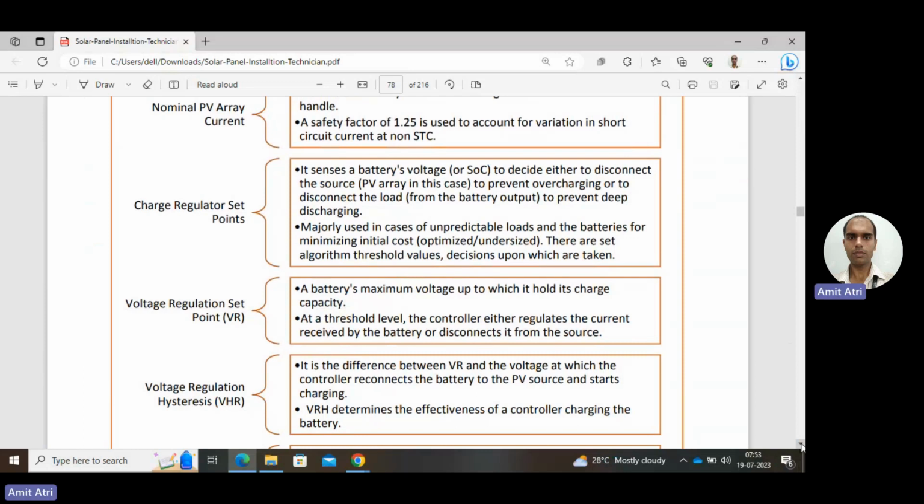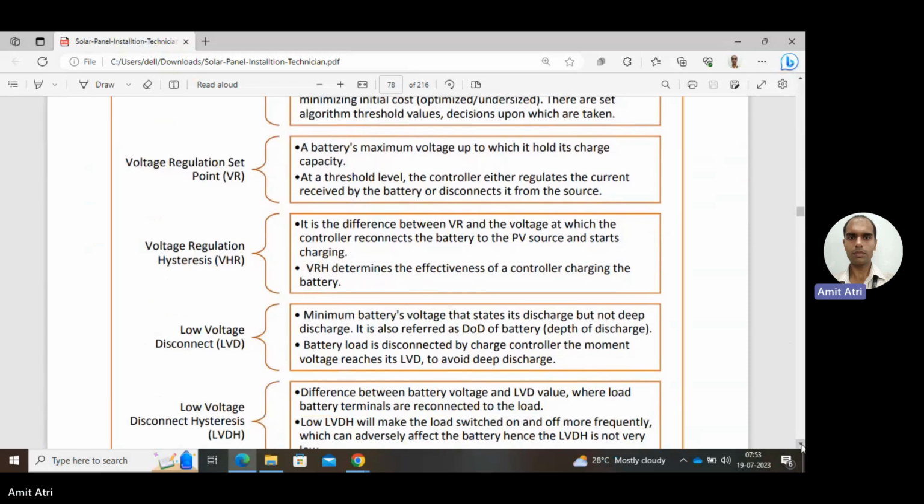Okay, then these are set. So there are set algorithm threshold values, upon which decisions are taken. The threshold is shown in a diagram on our next page, where we will see these types of limits. Voltage regulator set point: the battery's maximum voltage up to which it holds its charge capacity. At a threshold level, the controller either regulates the current received by the battery or disconnects it from the